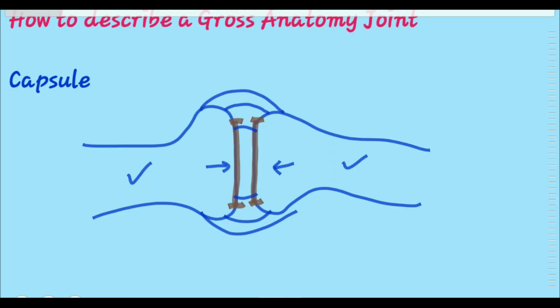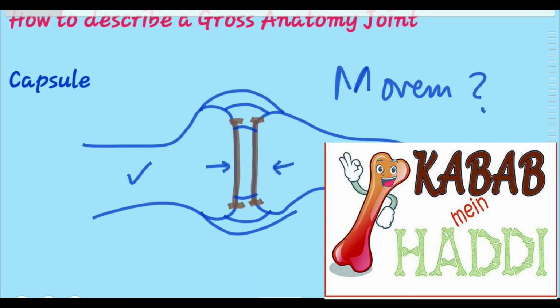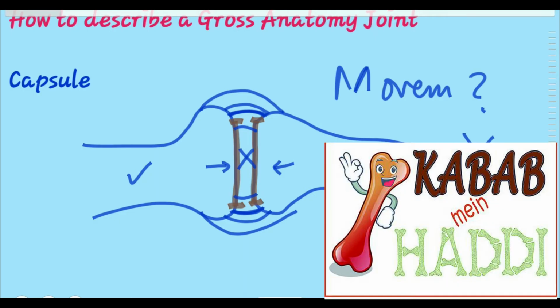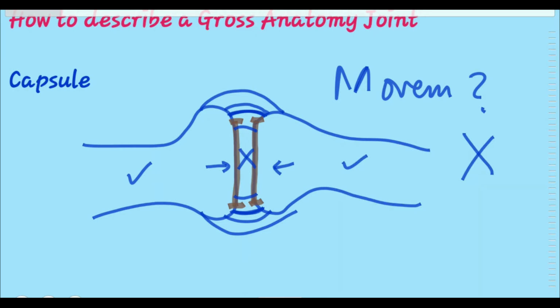In touch with the articular surfaces. Will there be a movement? No, there will not be a movement. For the sake of movement, it's a condition that the capsule must be away from the articular margins. Whether a millimeter away, it must be away from the articular margin. If it is inside the articular margin, there will be a problem with the movement. So the capsule's function is to convert it into a cavity, and it must be away from the articular margin. It cannot be inside the articular margin.